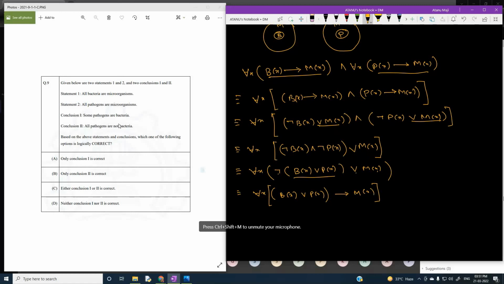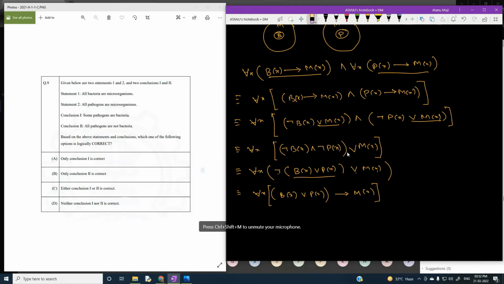Now let us check the conclusion. Given is some pathogens are bacteria, but here from this expression what we are getting, that the relations are between bx and mx or px and mx. There is no certain relation you can find between these two. इन दोनों के बीच में कोई रिलेशन है नहीं। वो लिखा है कि Bx या फिर Px होने से Mx होगा, मतलब बैक्टीरिया या फिर पैथोजन होने से ही माइक्रो ऑर्गेनिज्म होगा। बट बैक्टीरिया और पैथोजन इन दोनों के बीच में कोई भी रिलेशन नहीं है।